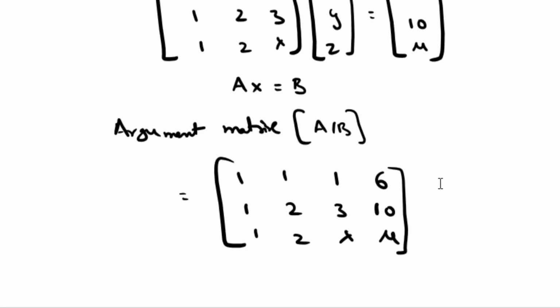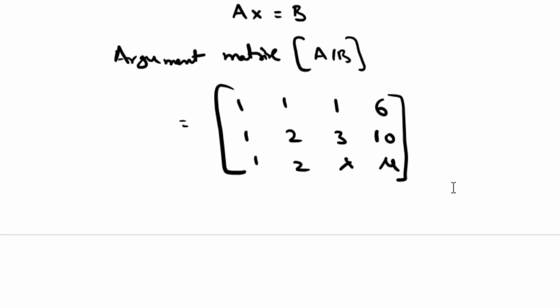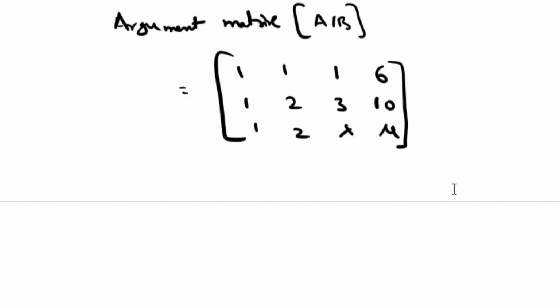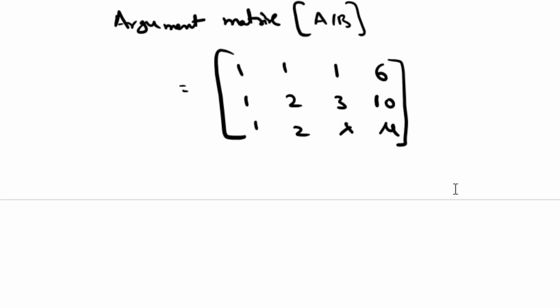Now from here we need to find out the rank of matrix A as well as the rank of the augmented matrix to find a unique solution, number of solutions,